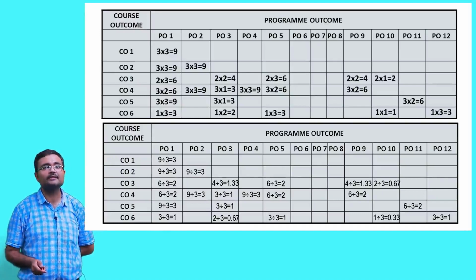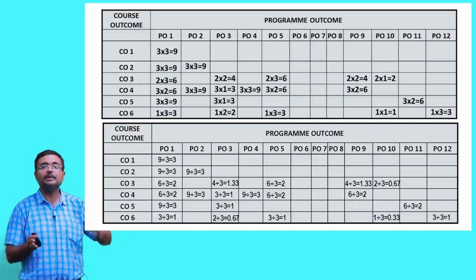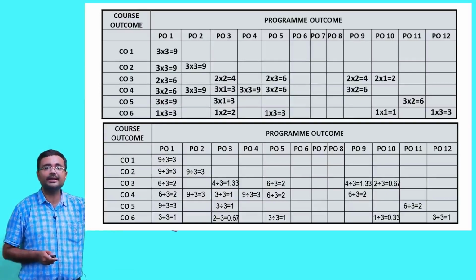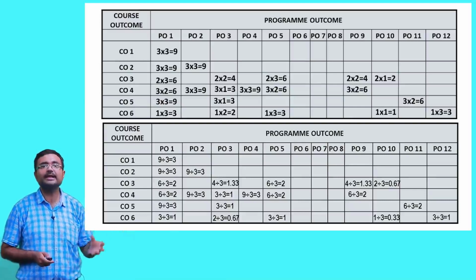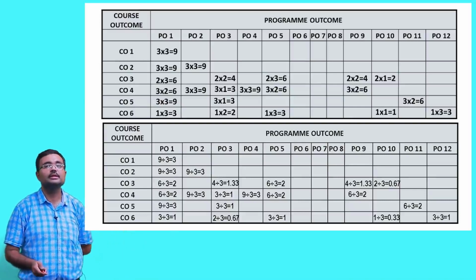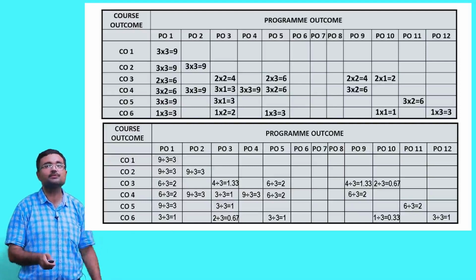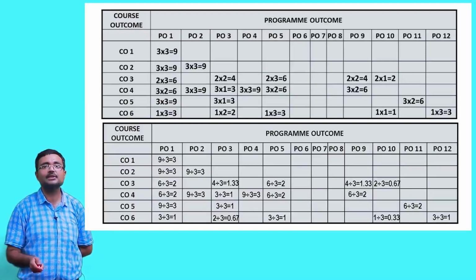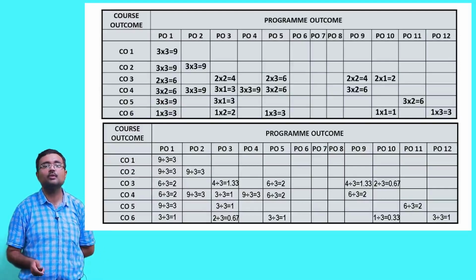Check out, 9 is converted to 3, 9 divided by 3 makes it 3. So, it gets converted between 0 to 3 and is easily understandable how much is attained: 0 degree attained, 1 degree attained, 2 degrees attained, 3 degrees attained, and so on. Say for example 4 divided by 3, 1.33, 1.33 degrees of attainment. Nothing else, the attainment was from 1 to 9. I have just divided by 3, the whole thing has been normalized by dividing by 3, and now the attainments are between 1 to 3.